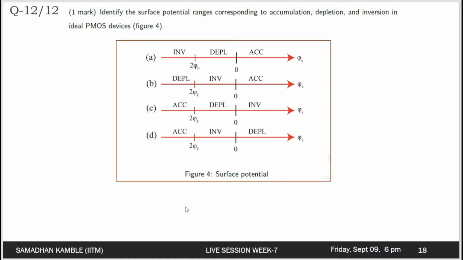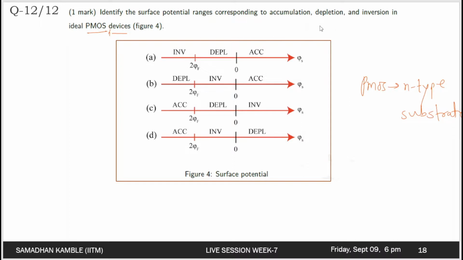The question is as follows: identify the surface potential ranges corresponding to accumulation, depletion, and inversion in the ideal PMOS device. Okay, so the device given is the PMOS device. That means the inverting charge is P, that is holes, and the charge that was inverted from was the electrons. So our substrate is N type. So PMOS is nothing but an N type substrate. That one piece of information we can get straight away, and we need to determine the surface potential ranges corresponding to these three